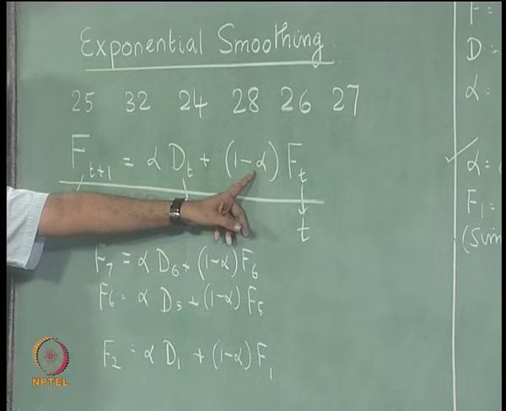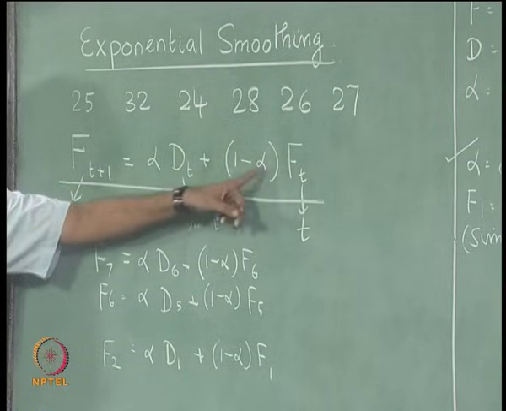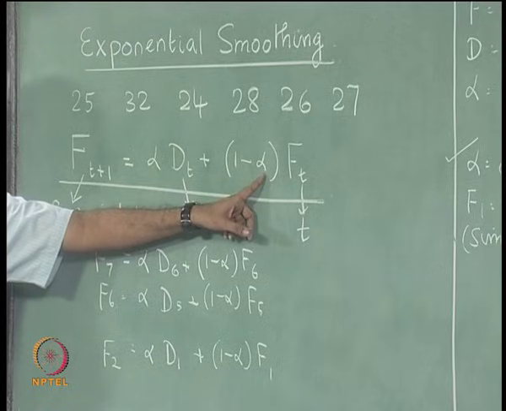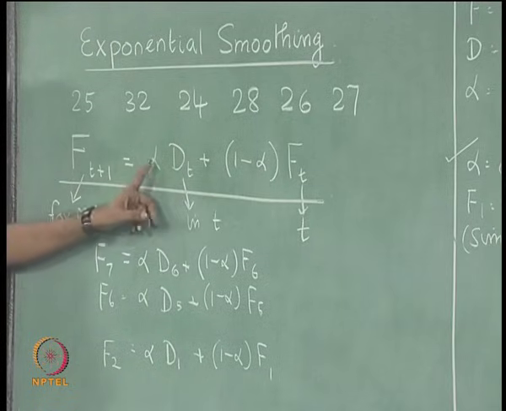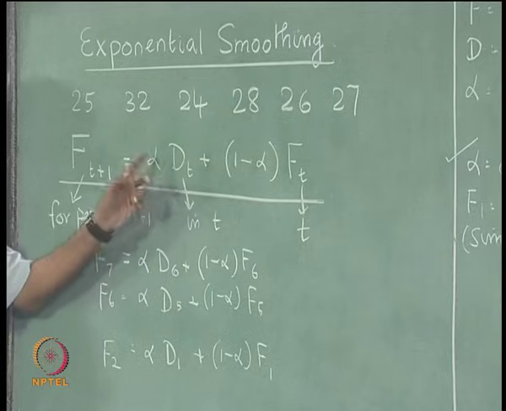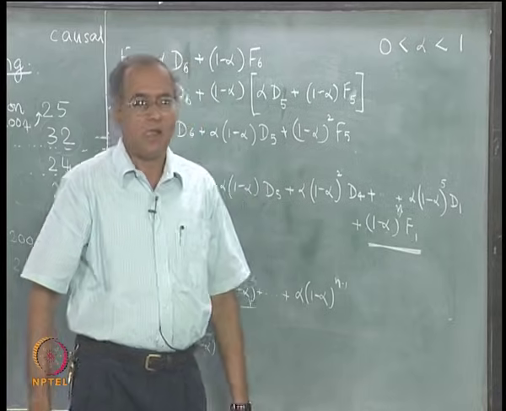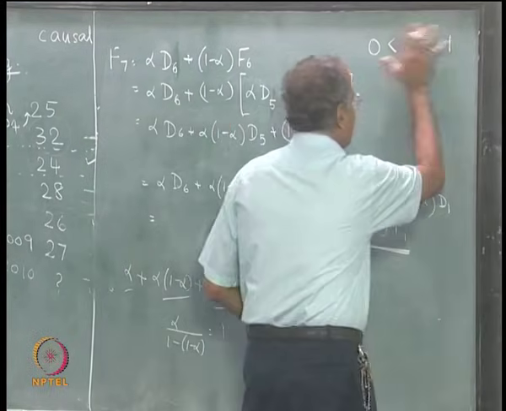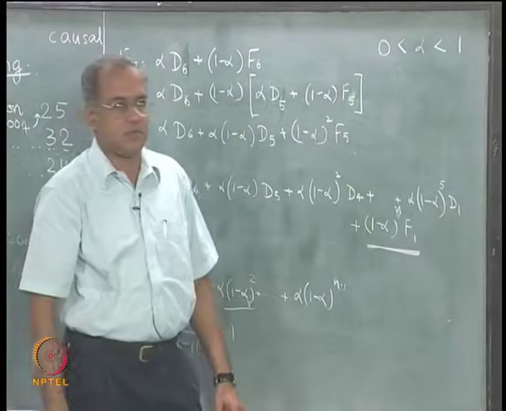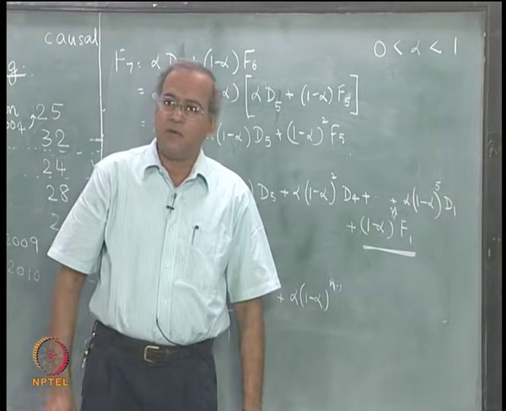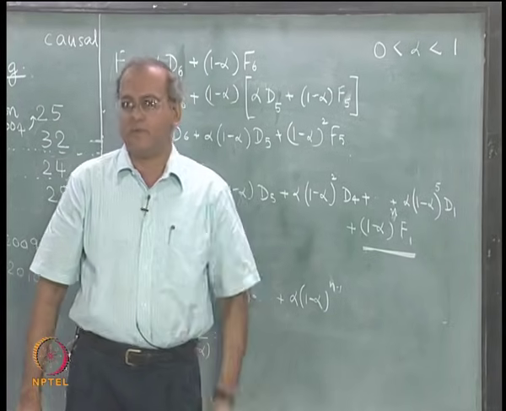The moment alpha becomes greater than 1, this term starts contributing in a negative manner. Similarly, the moment alpha is less than 0, this term gives a negative contribution. Since we do not want a negative contribution from either of the terms, we have alpha between 0 and 1. Now having agreed on the fact that alpha has to be between 0 and 1, what should be the value of alpha?